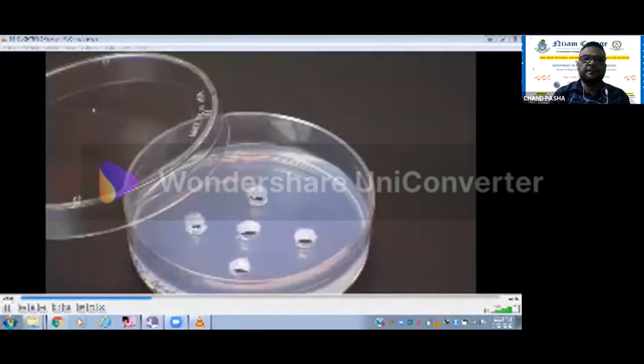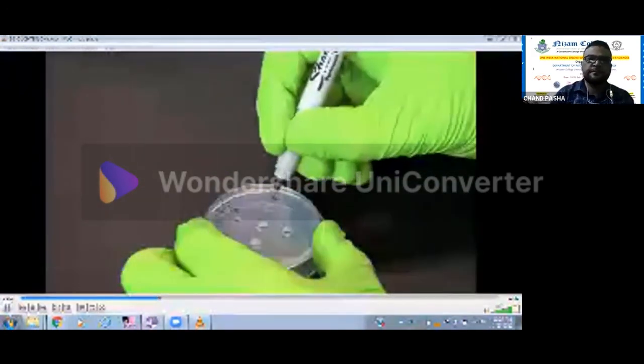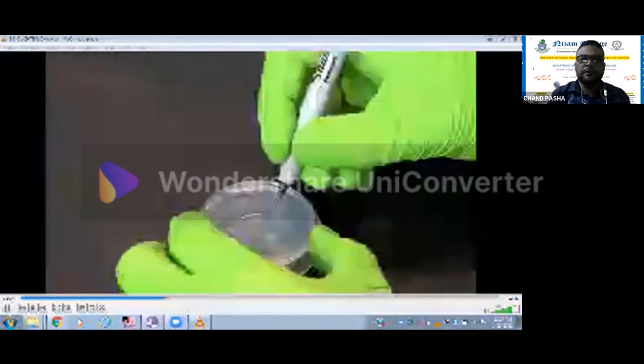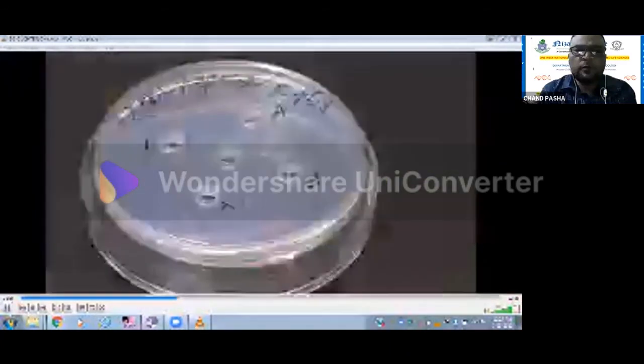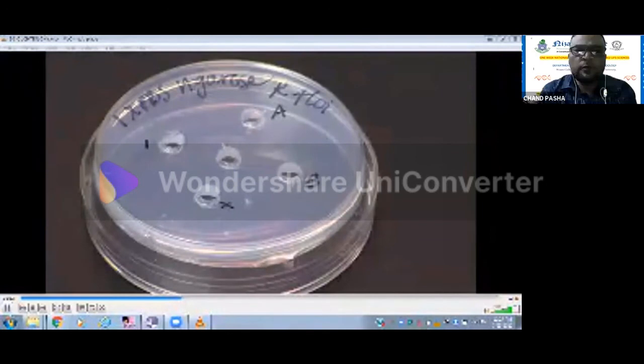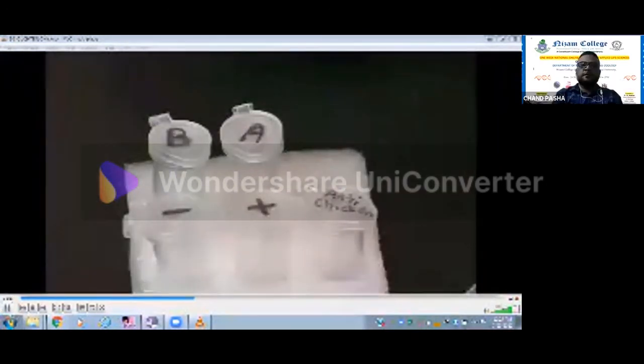Yeah, 5 is the best, because the well size is a limited one. We'll be labeling here: one is positive control, one is negative control, one sample A, sample B, and centrally the serum. Serum is added. Here, anti-chicken serum we are taking, and A and B are two standard antigens, two samples, and this positive control is antibodies up to that particular sample. Negative is normal saline that we are using.